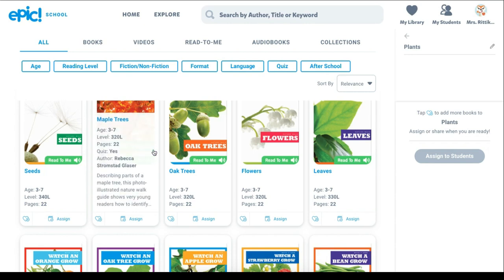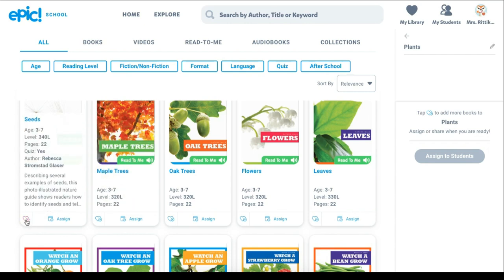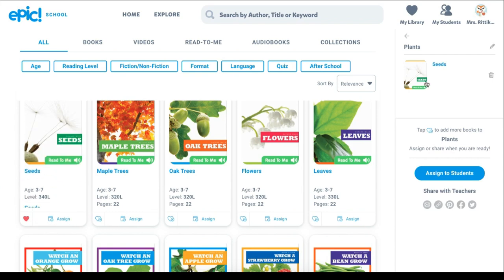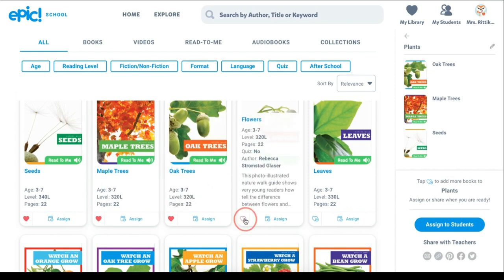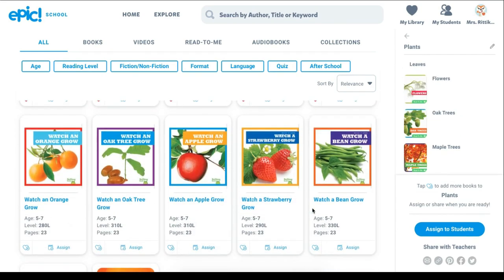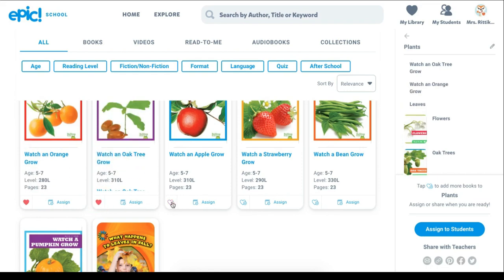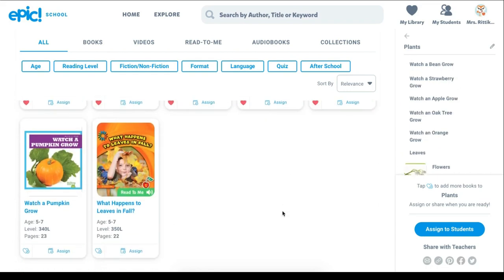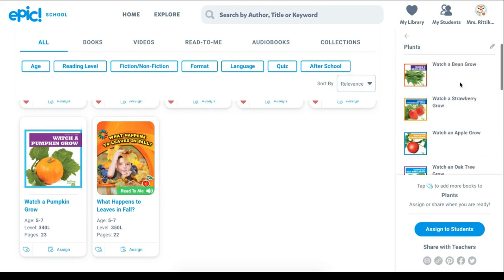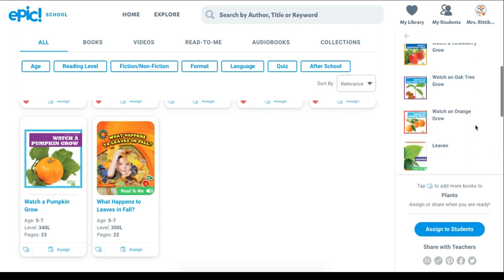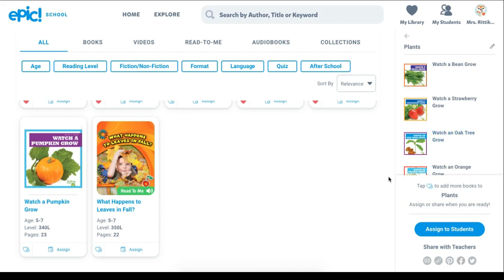And now every book that I want to add to this collection, I'm just going to press that heart with the plus sign. And you can see it pop up here on my collection. So I can say, let's learn about all of these different selections and just go through and add all of the books that I would like my students to read here. And you can go through, and if you accidentally added one that you don't want, you can click on this trash can and take it away and just kind of edit and refine